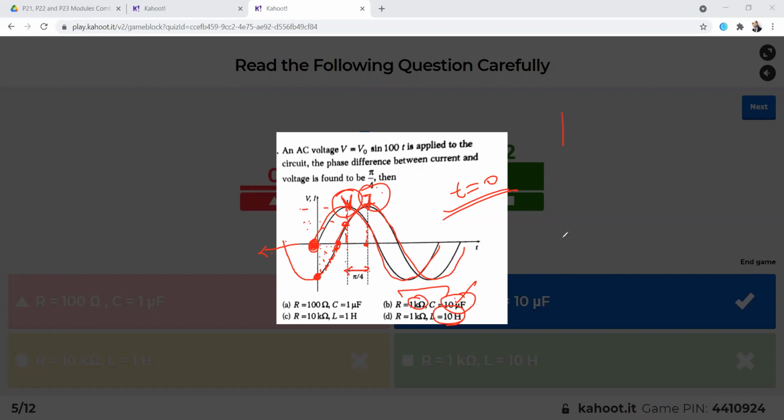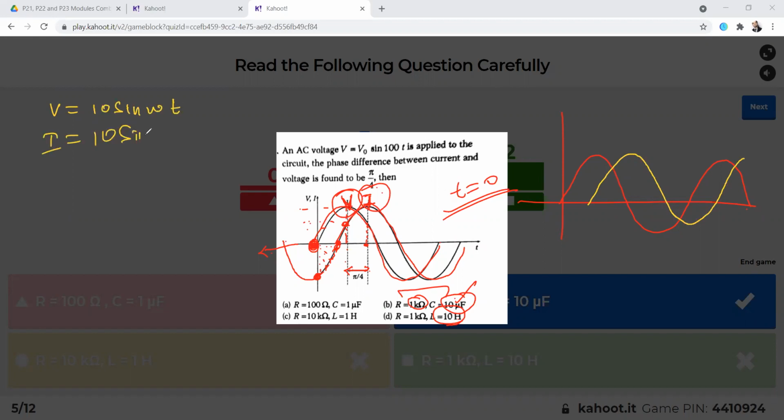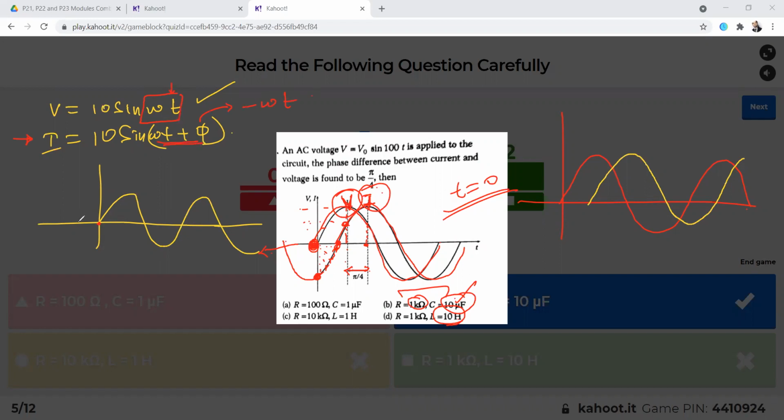All right, so I will just draw the graph here and explain how to identify which one is leading. Here we have this graph of V, and then we have another graph for I. I will just talk in terms of normal mathematics here. Let us say you have the expression, for example V is 10 sin omega t, and the I expression is 10 sin omega t plus 5, right? So let me draw the graph of V, it will be like this. Now I have to draw the graph of I. How do we normally draw a graph? The value where we put t as 0, the sine cuts at 0. To make it 0 here, we have to make this phi minus omega t, right? That means the graph will be something like this.